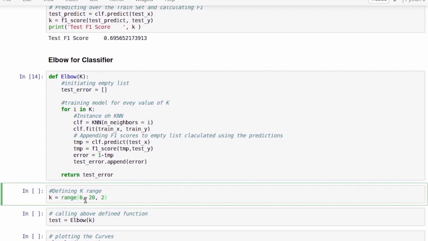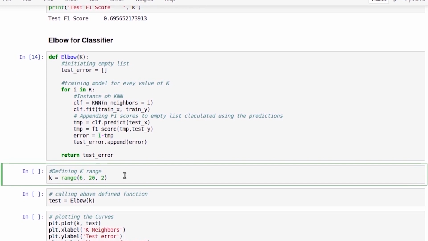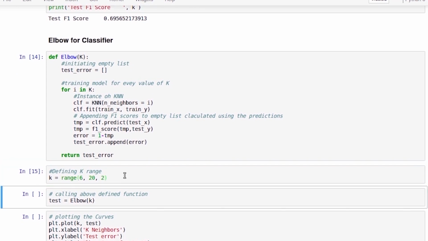I have taken the values from 6 to 20 and I want to check the error at every alternate value. Hence, I've set the number 2 here. So you can choose to take the values from 1 to 40, 1 to 50. You can select the range yourself. And when I set this k range,